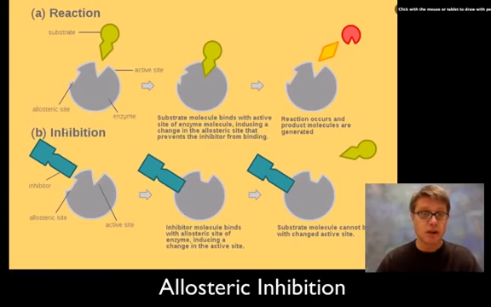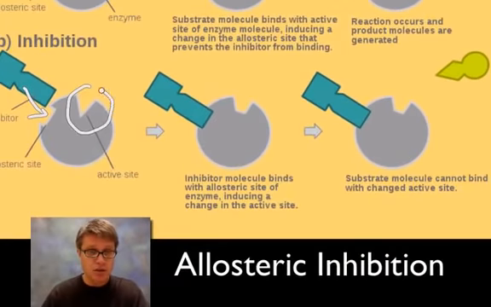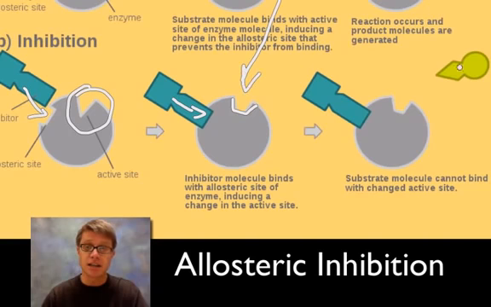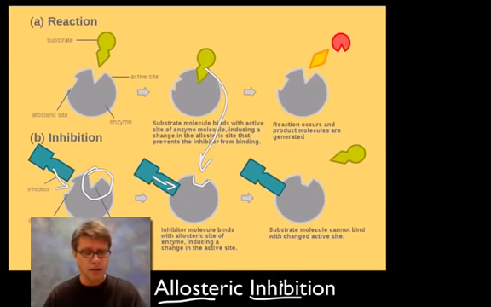allosteric inhibition. We can have an inhibitor bond to an allosteric site, but if you look at the active site in this picture, here's the active site. Once this inhibitor bonds with the allosteric site, it now changes the shape of the active site. Once you've changed the shape of the active site, remember the substrate only fits like a lock and key, and now it's not going to fit anymore. And so this is another type of allosteric inhibition. And so we use feedback loops and we use inhibitors and cofactors and coenzymes to regulate what enzymes are going